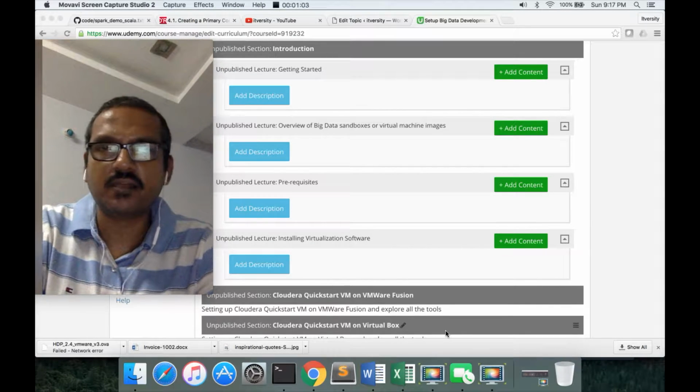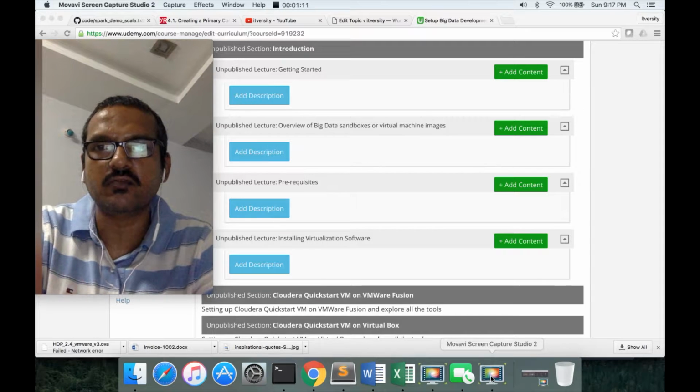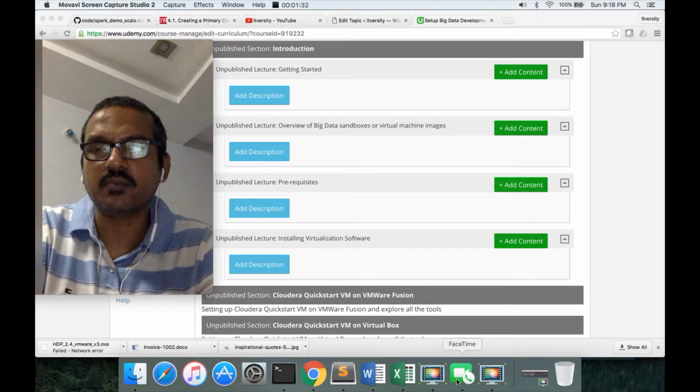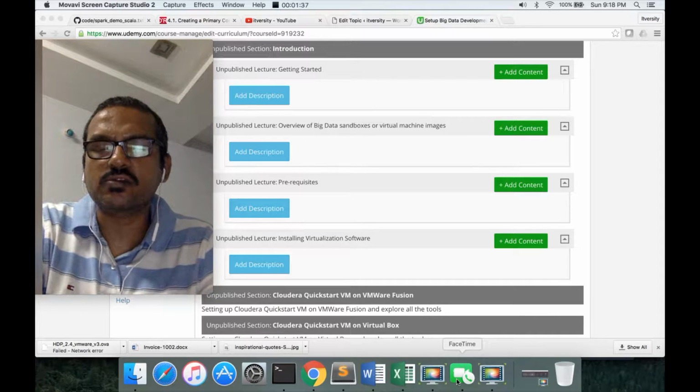On top of that, there are many ecosystem tools which help in developing applications on top of these core components in a quicker fashion for huge amounts of data. Those tools include Hive, which is similar to SQL, Pig, which is similar to a scripting language, Sqoop, an export-import utility, Spark, an in-memory computing framework, and Flume, a data ingestion tool from weblogs into Hadoop, so that data can be processed and used for insights. So there are many tools which come as part of the Hadoop ecosystem or big data ecosystem.